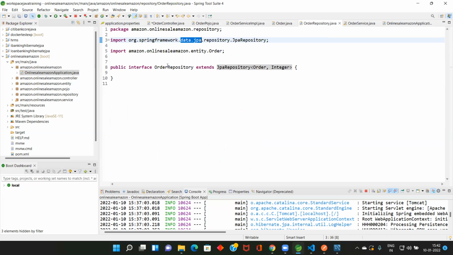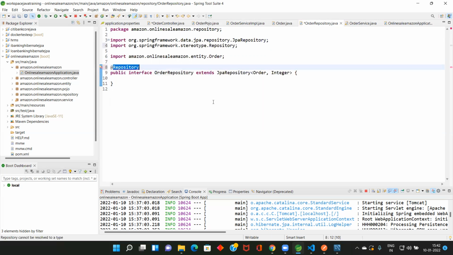Only your repository will interact with the database. This is the right approach.